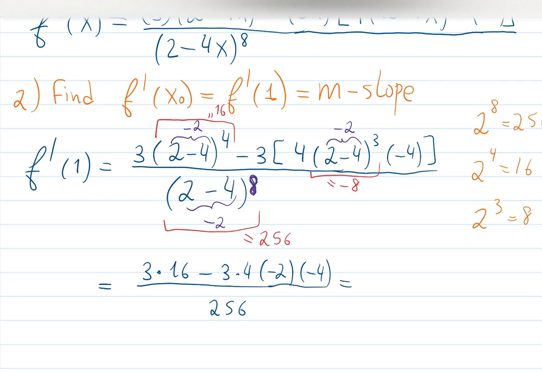Careful with the signs. Negative times negative times negative will be negative. Then you will have negative 336 at the top,